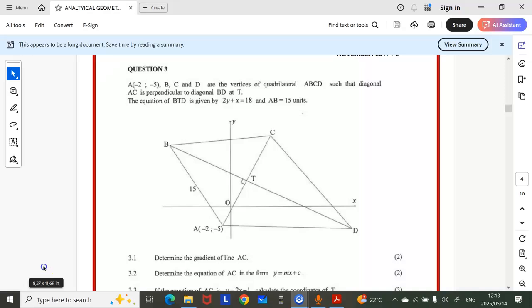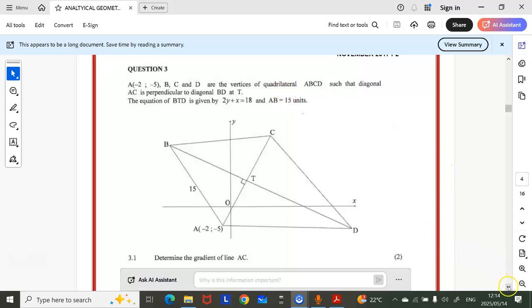So the question is: given A, B, C, and D are vertices of a quadrilateral ABCD such that diagonal AC is perpendicular to the diagonal BD at T. The equation of line BTD is given by 2y plus x equals 18, right? Now, AB equals 15 units. So question number 1,